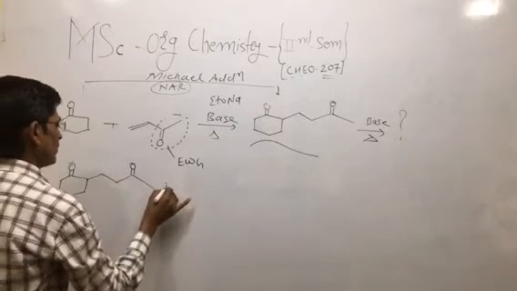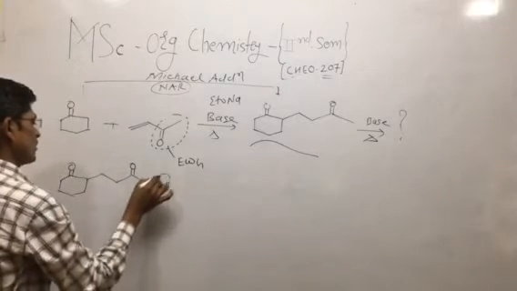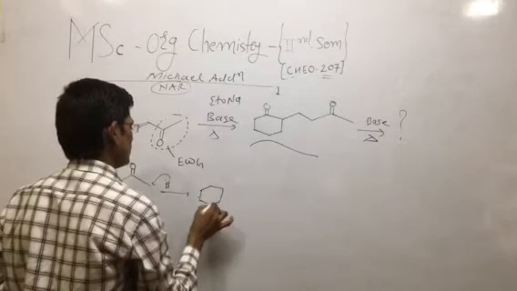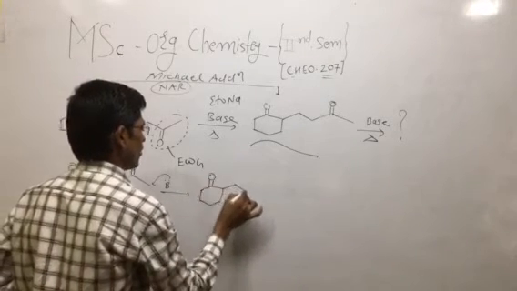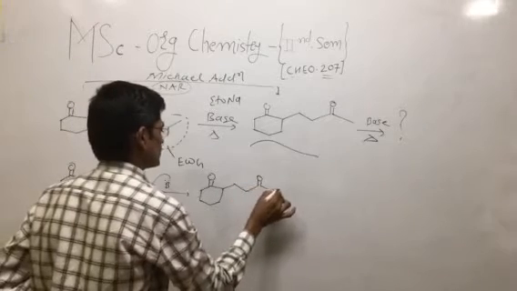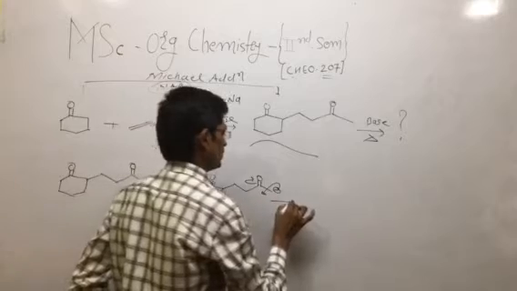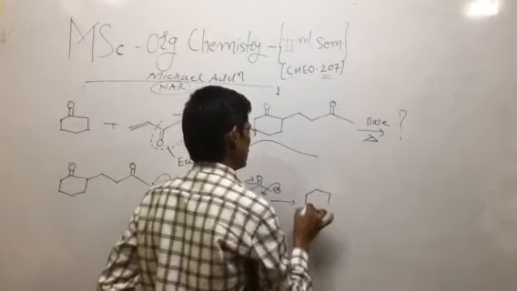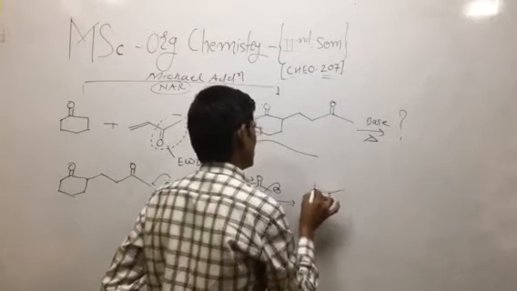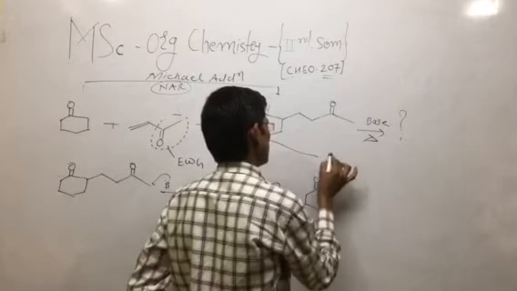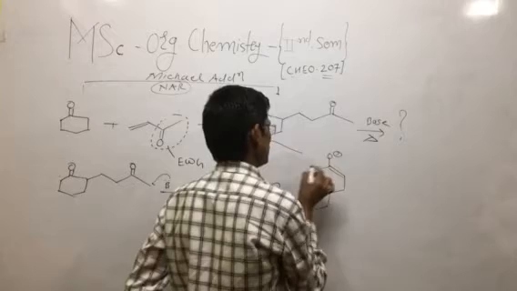If it reacts with the base, which has the tendency to abstract the proton, there is formation of a carbanion species, which goes to the enolate ion formation. Then what happens? This is the enolate ion. Again I am writing this species, where the O is negatively charged, this enolate ion.